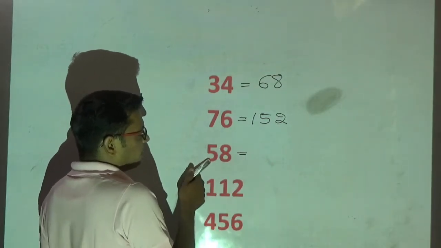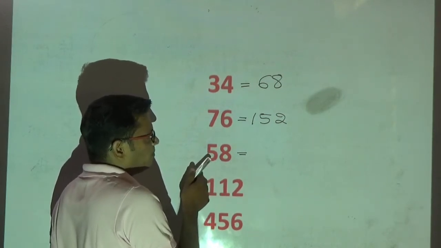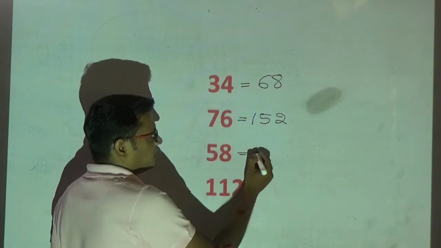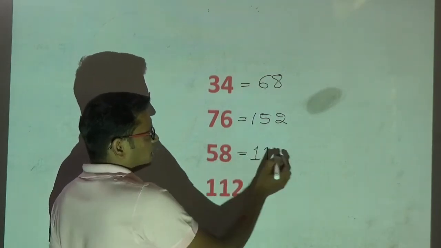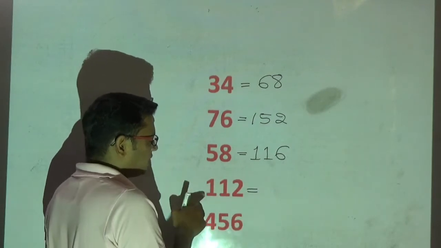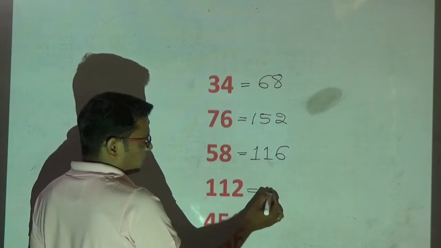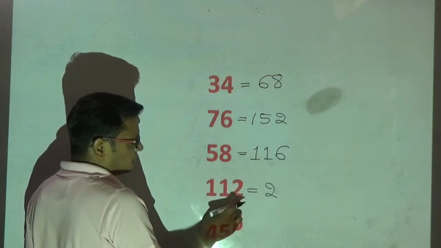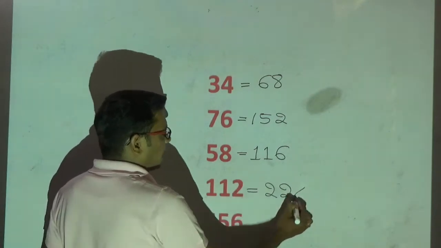Now, here, 5. What is the next number? 8. 8 is more than 5. Therefore, double 5. 5 double is 10. 10 plus 1 I will write, because the next number is more than 5. 8 double is 16. Write the end digit as it is. Now, similarly here, 1. The next number is not more than 5. Therefore, double of 1 is 2. I have to double this one. Next number I will check. It is not more than 5. Therefore, 2 as it is. Double 2, the answer is 4.